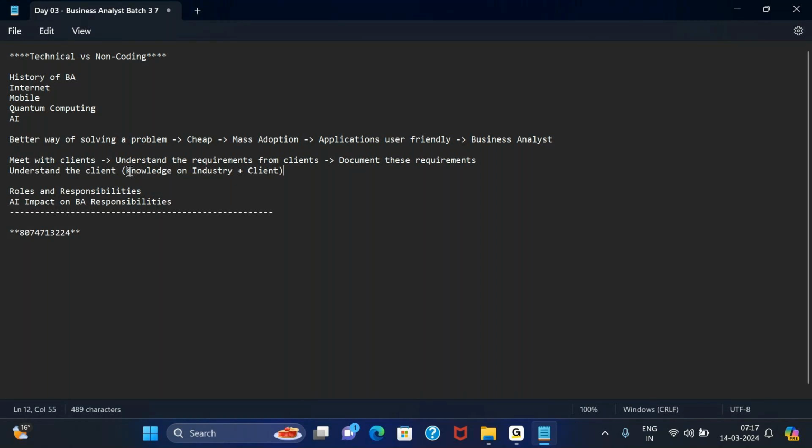Whatever they say, suppose the client mentions raw ingredients, costs, equipment required in baking pizza, I'll be able to understand all those things. Why? Because I have some knowledge of the industry and of the client. We don't expect ourselves to become masters overnight, but we should have some basic information to get started.